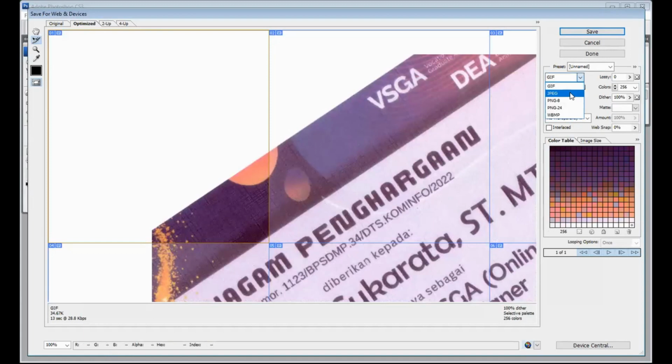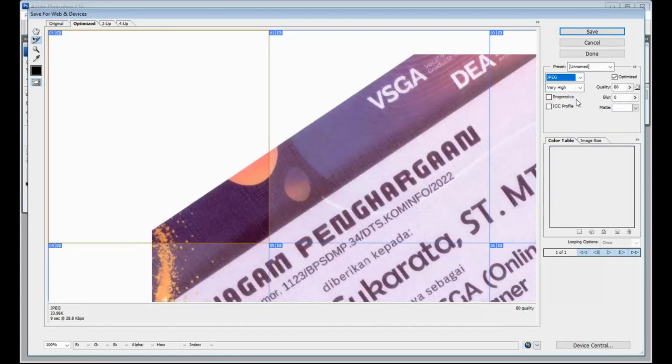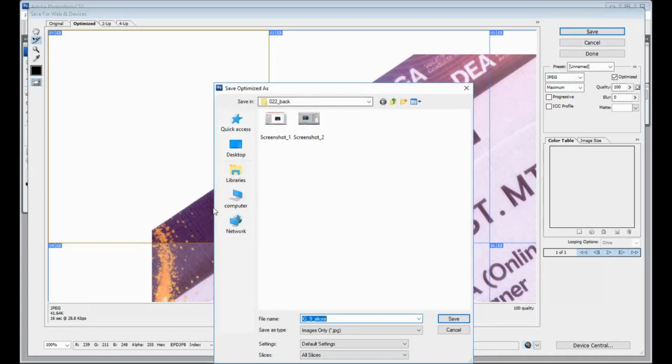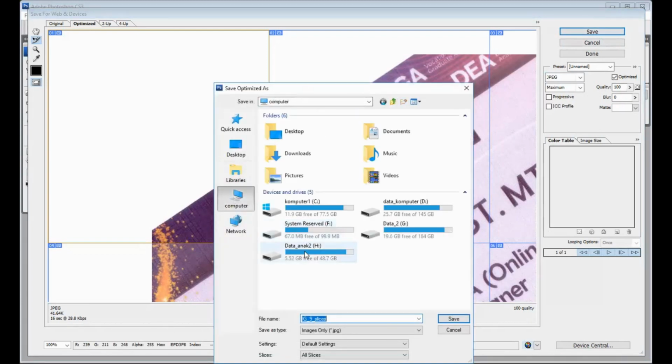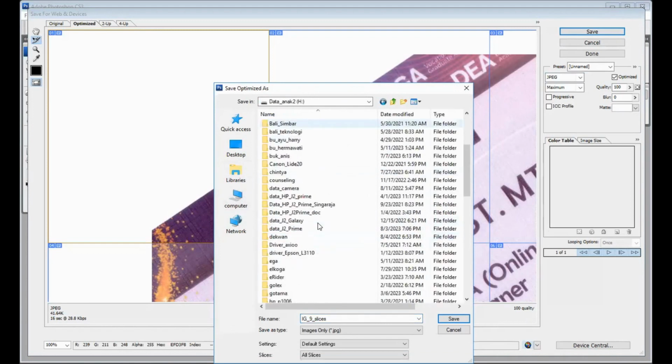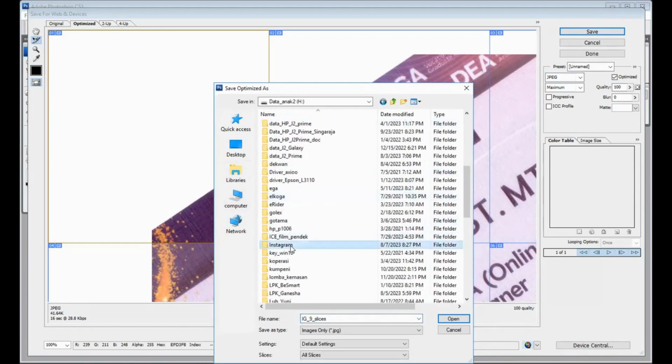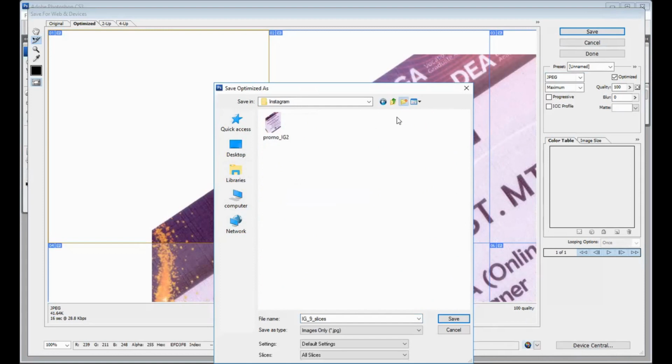Good, JPEG, very high quality, maybe quality 100 maximum. Okay, save. Okay, we can save here and make a folder, result 9 slice.